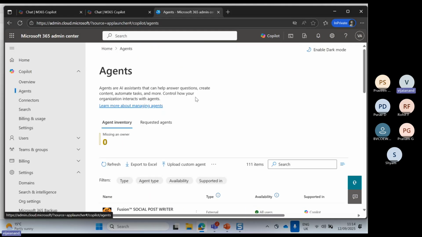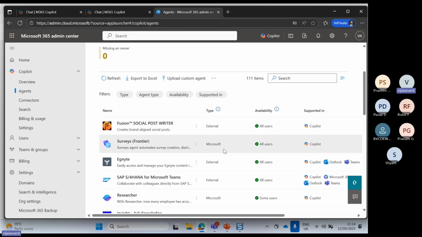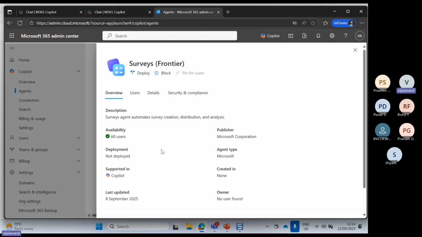The next one, we can go to the agents. This is a place where, as an administrator, you can manage the configurations related to the agents. You can see all the available agents, like the external third-party agents and also the Microsoft related agents. This is also the place where you will be able to upload your custom agents. So you can manage all the agents from this particular place. It gives more details about the agents: availability, who is the publisher, agent type, and also you have an option to deploy or block as an